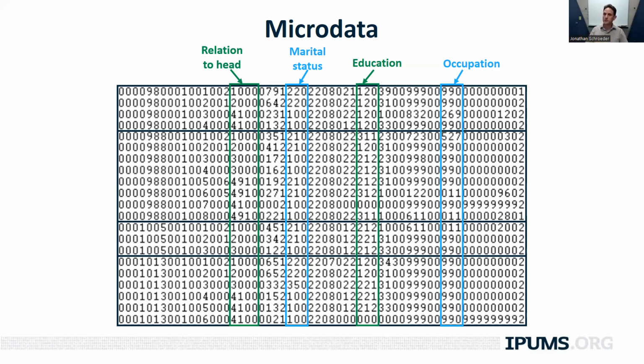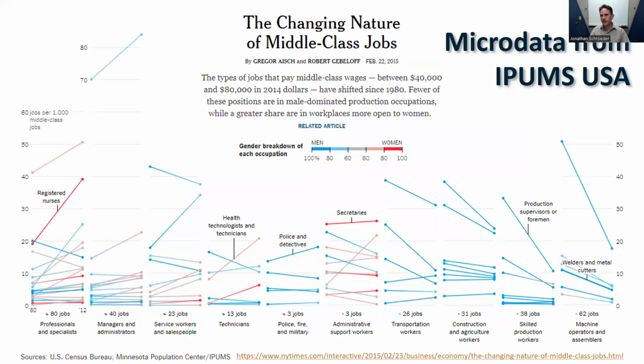So you could analyze children by what the characteristics of their parents are within that household. A very useful feature. Here's an example of how microdata have been used in popular media in the New York